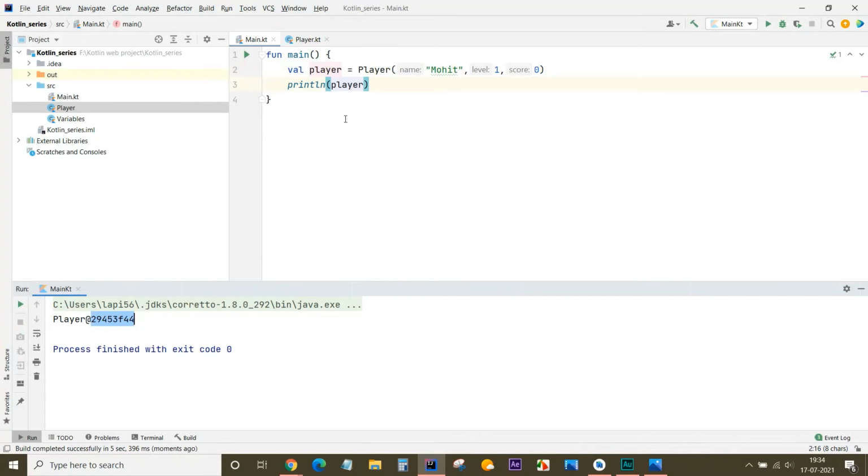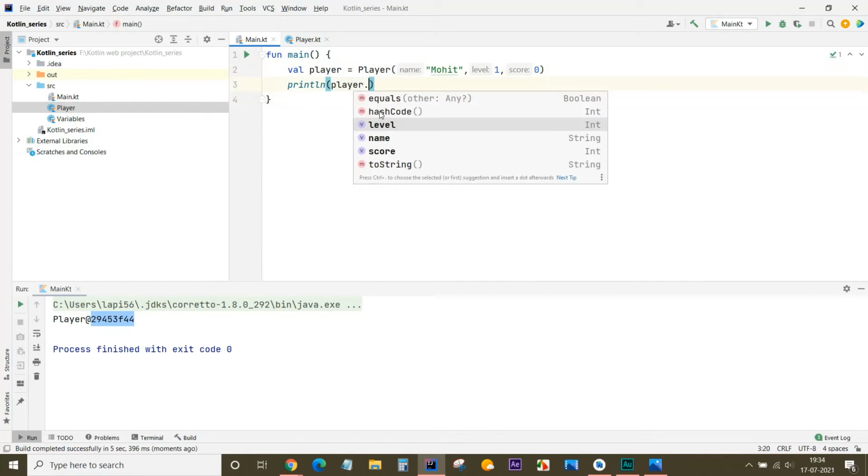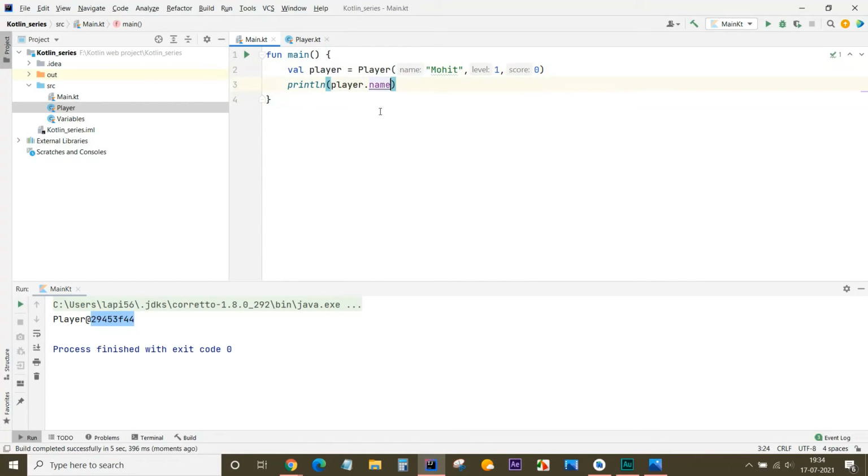So we want to print its values. How can we print them? We can make use of a variable. Let's see, it will run. Yeah, it is showing its values.